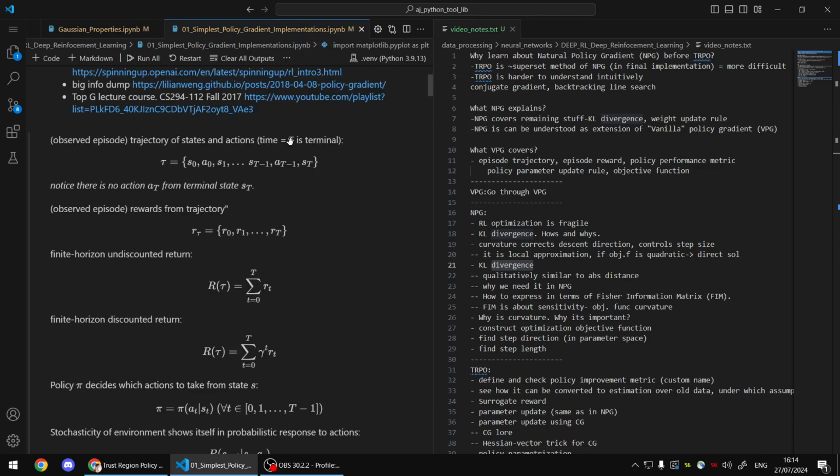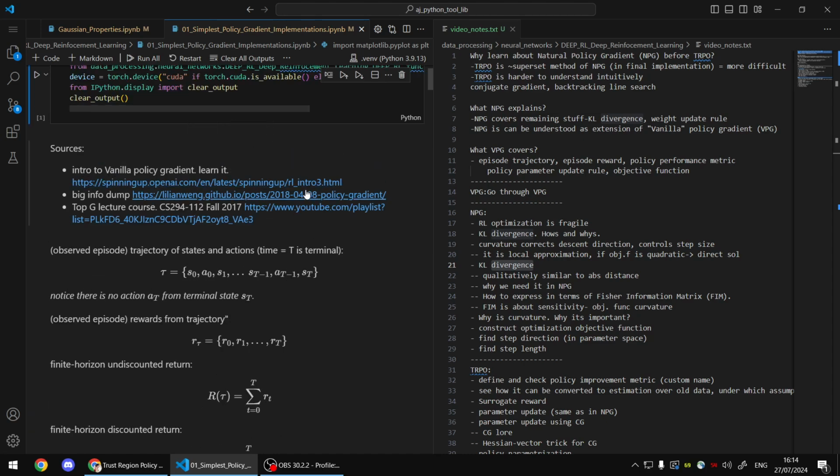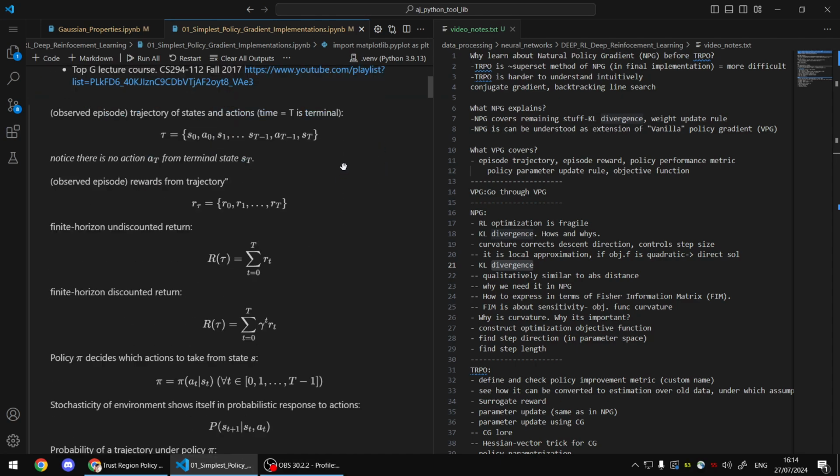There's a lot of information. You can check the resources, especially Spinning Up, the OpenAI resource. But the general idea, I hope you've done reinforcement learning previously and you're familiar with these ideas already, but that we